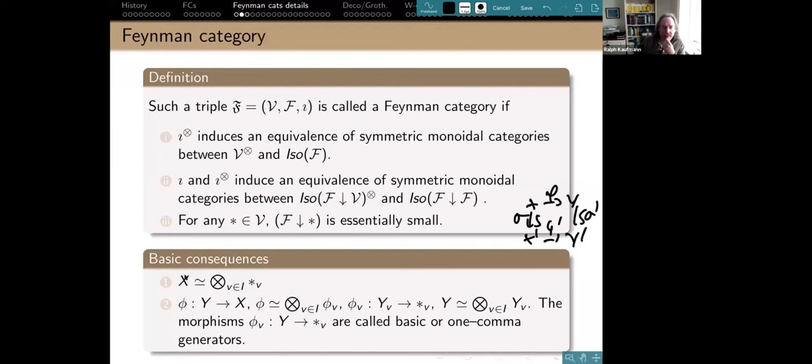So this is written out here. If I have something, the first condition says this is a tensor product of letters, and any morphism which goes here, I can decompose the target X into its letters, and then the morphism decomposes into simple morphisms from a word to a letter. That's exactly this condition, and this is just so that I can take colimits. All right, so it's fairly easy. It's a monoidal category which has a nice basis of objects and a nice basis of morphisms.